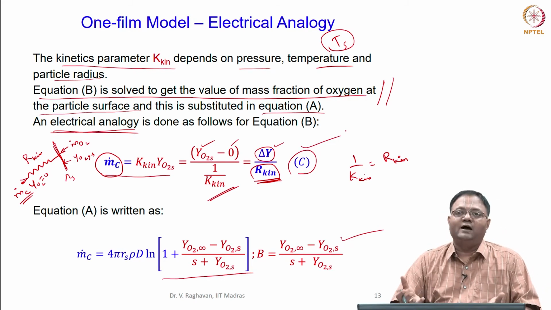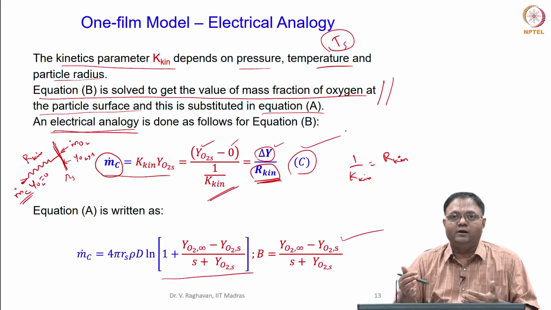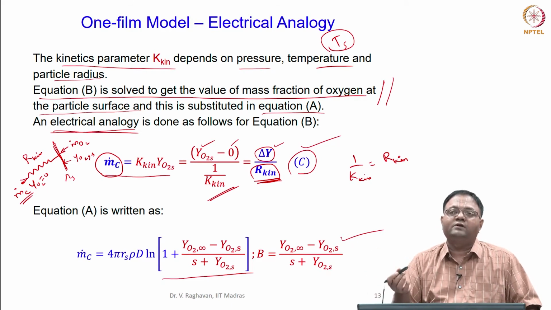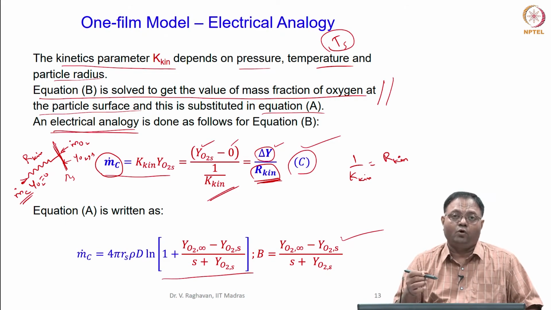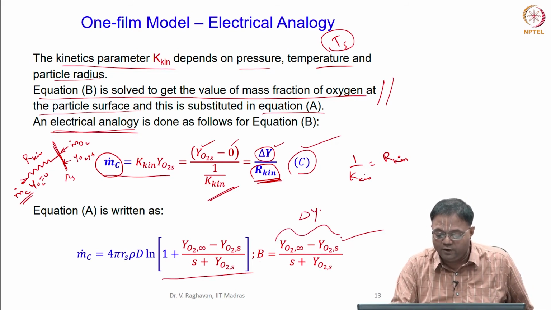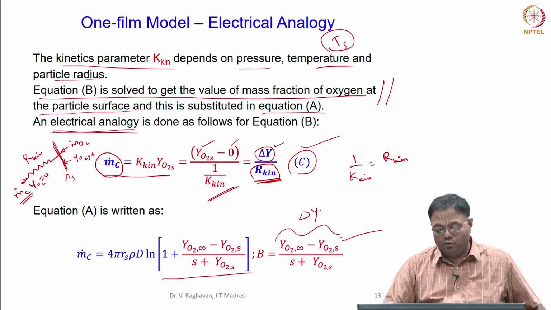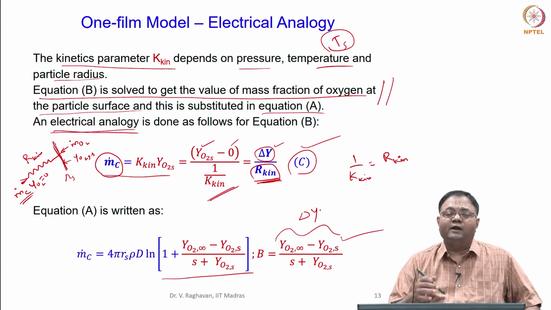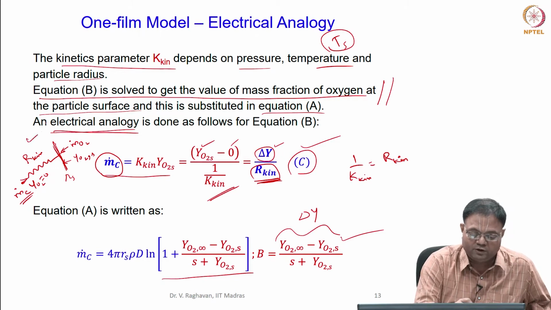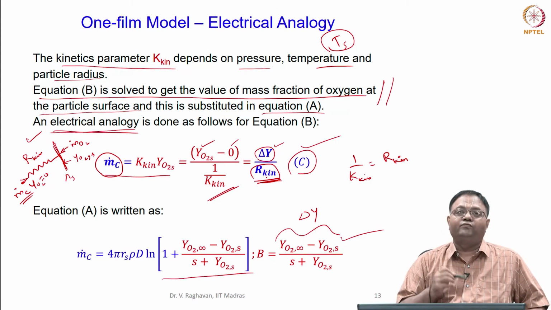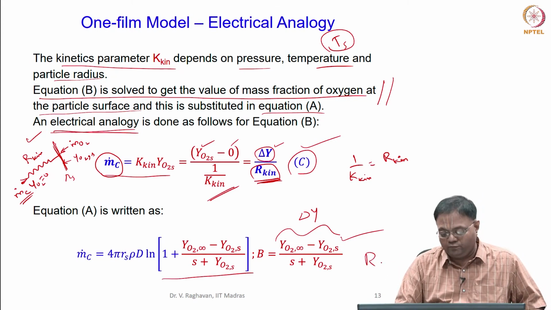Now when I say diffusion of gases, oxygen basically in the gas phase, I have to take the condition in the gas phase. So what is the resistance to the gas phase, or what is the driving force in the gas phase diffusion for the oxygen, etc.? Obviously this difference is called delta y here, and that will be the driving force for the oxygen to penetrate from the gas phase to the surface. Okay. Then the rate at which it is consumed at the surface is what we have described here, and that resistance is R kin. The resistance offered to the diffusion in the gas phase I have to find now, and that will be called R diffuse.